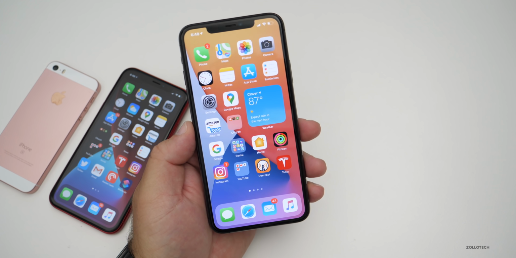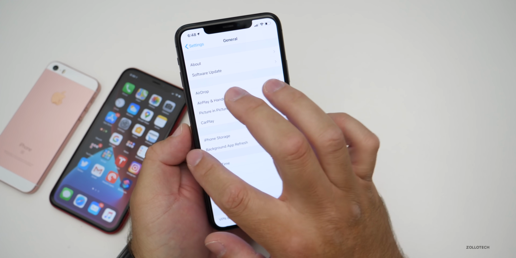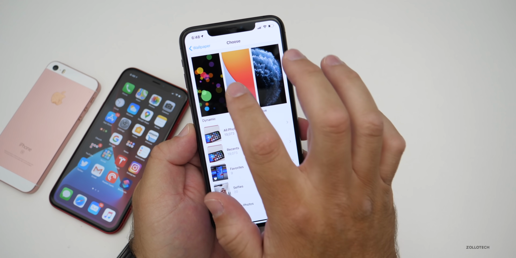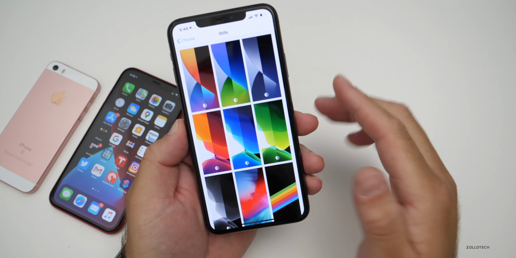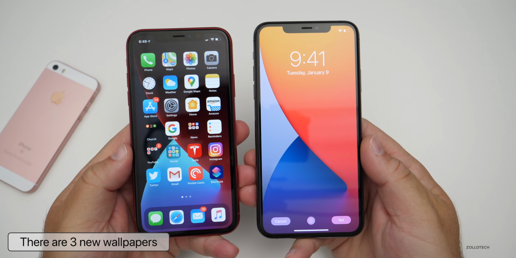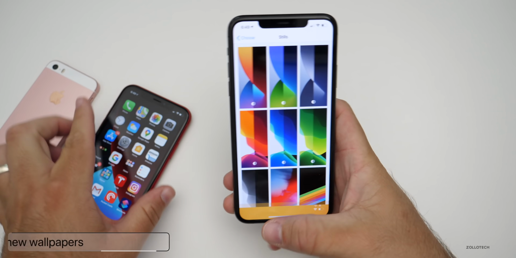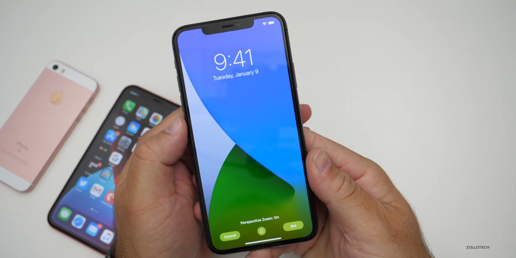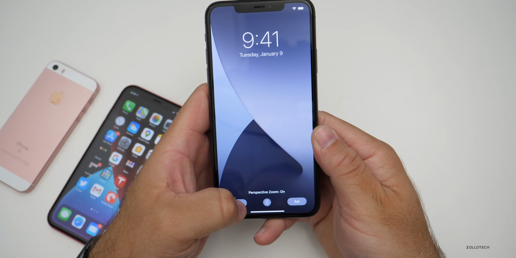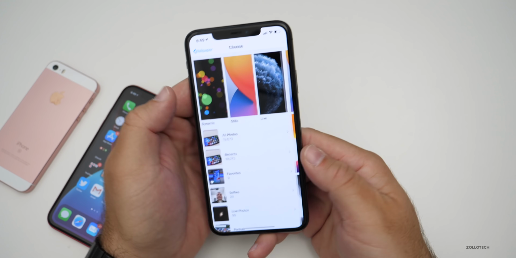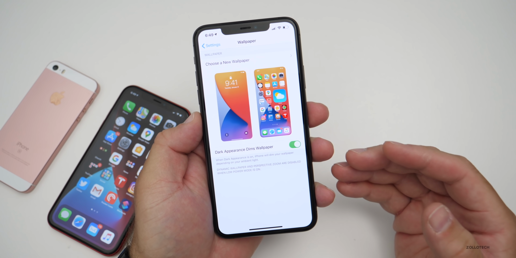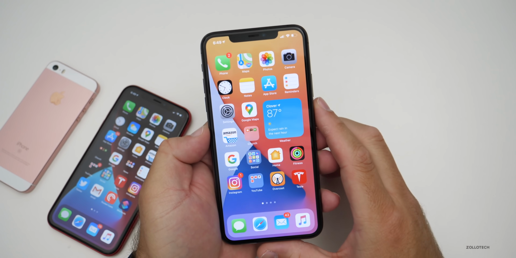Now, the next thing is wallpapers. Supposedly there was going to be a redesign when it comes to the way wallpapers work, but we actually don't get that. So if we go to choose new wallpaper, we do have a few new ones. So you'll see we have the one I'm currently using, day and night, which this is the day version. This is the dark mode or night version. And we also have a couple more. So we have this green, blue, and gray one. And then we also have one that's more of a grayish blue color and different shades. So you can pick whatever you'd like, but you don't have the organization like everybody thought. So it's nice that we have a few new ones. Maybe we'll see that change closer to the time it releases to the public.